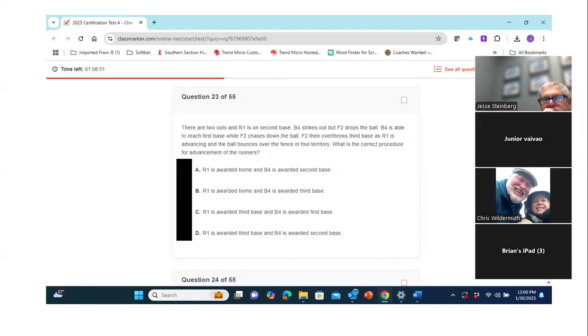B4 has reached first base. So she'd be awarded third. And where is R1 at the time of the throw? Not that it matters. She started at second base, so she's going to be awarded home. Because B4 had already reached first base prior to the release of the throw, she's going to get 2 bases from the time of the throw. And I guarantee you the defensive coach is going to come blasting out of the dugout screaming at you on this. But you are correct.